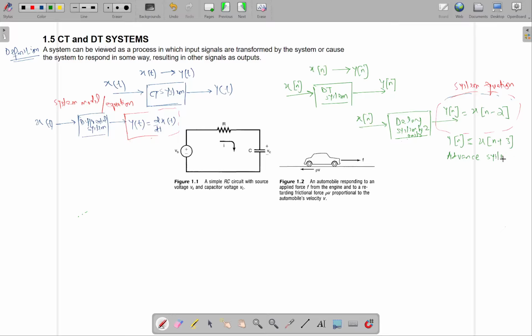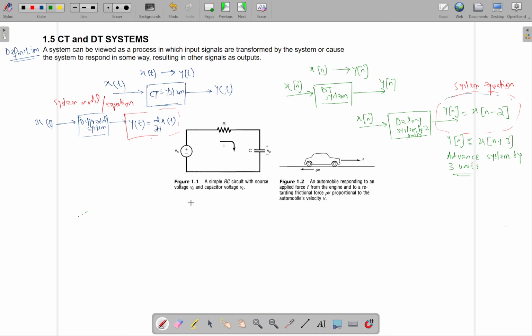My system is simply an advance system which shifts the signals by 3 units. So that is now the definition of my system. Okay, so moving on, for any system, what we can do is we can write the equations, the mathematical expressions,